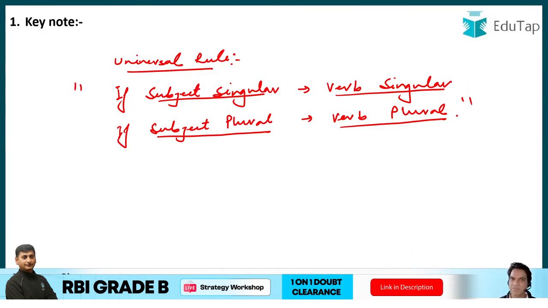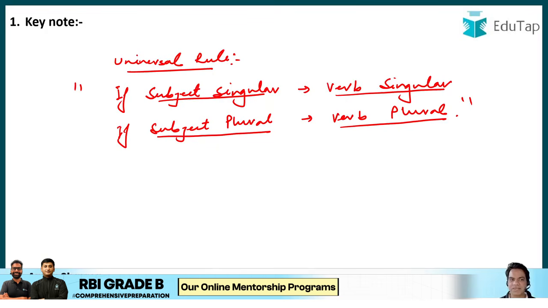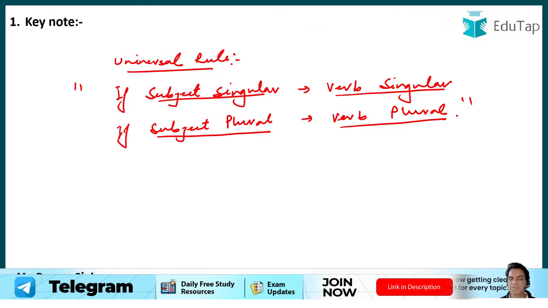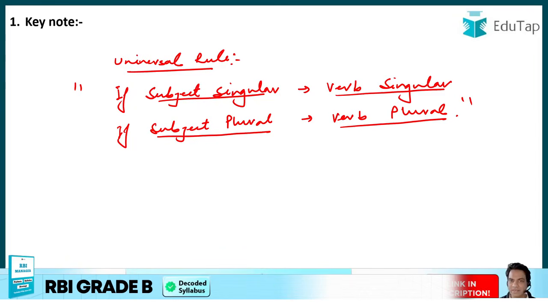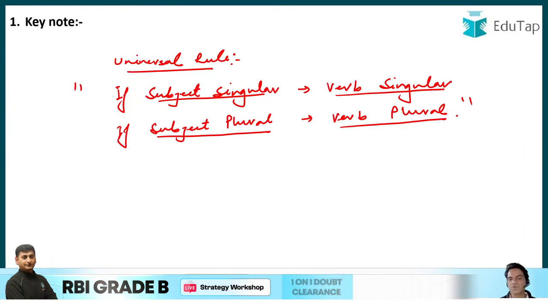If you remember this one rule, it will eliminate 50% of your mistakes in the English language. Please remember this, guys. It will eliminate 50% of the mistakes that you've been making all your life, and you will be able to control and command your sentences. So always follow this rule. This is the most absolute rule of the English language.